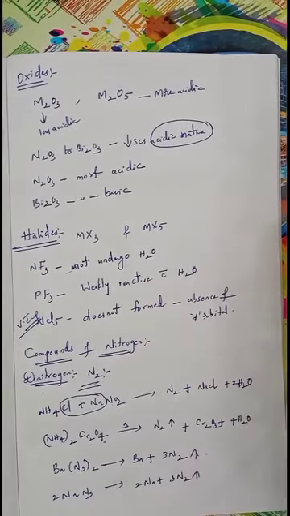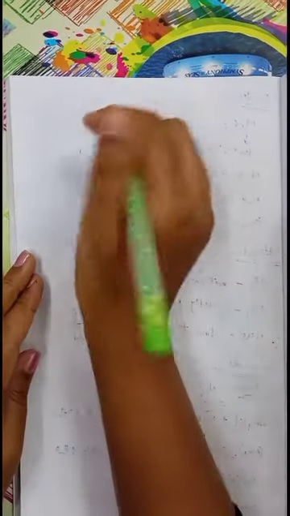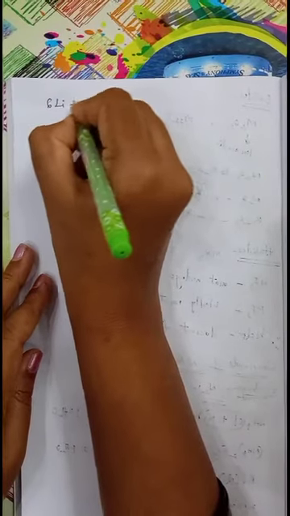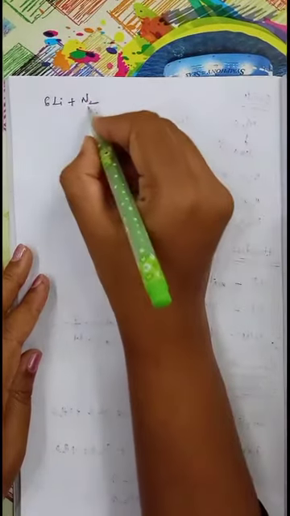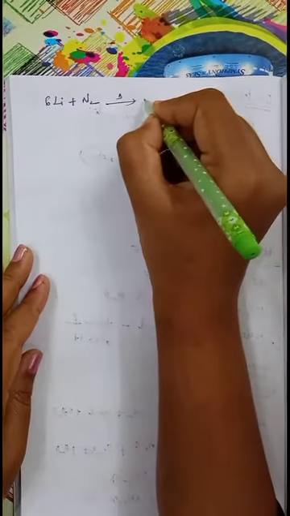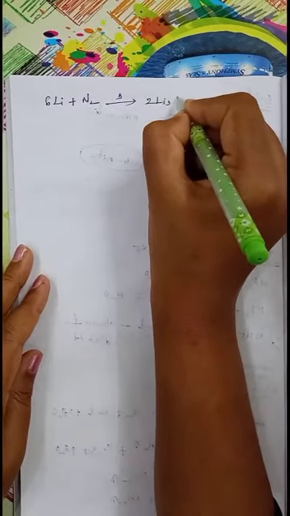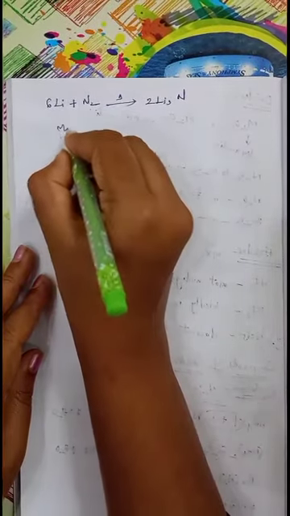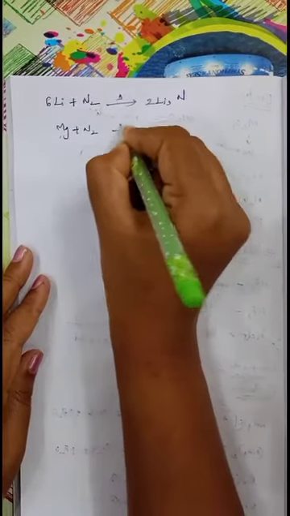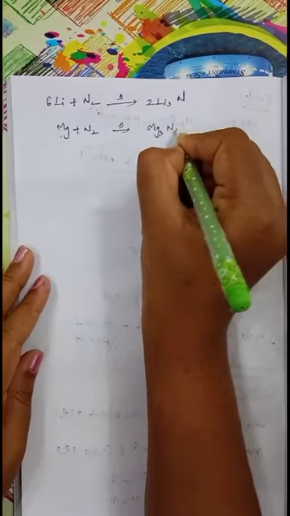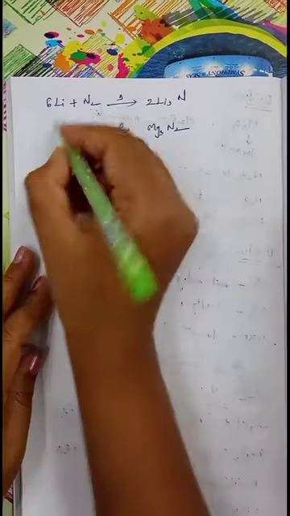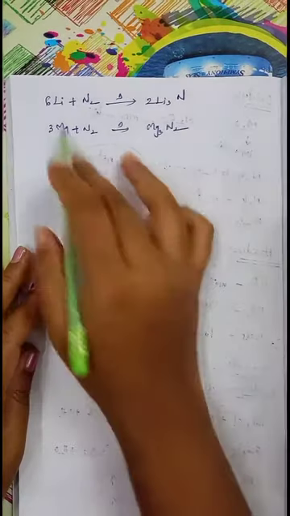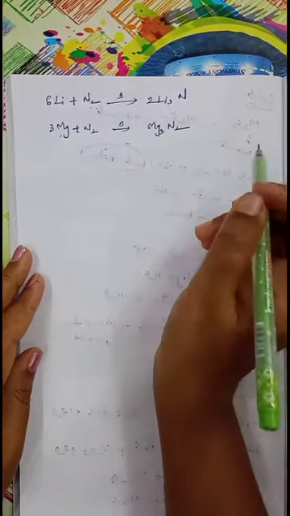Now we'll see chemical properties. In chemical properties, nitrogen can react with metals like lithium. When nitrogen reacts with lithium on heating, it is converted into Li3N. Lithium nitride is formed. In the same manner, when magnesium reacts with nitrogen on heating, it is converted into Mg3N2. This is also a nitride of magnesium. To balance that, take here 3 moles of magnesium. So magnesium and lithium can undergo reaction with nitrogen on heating and convert into nitrides.